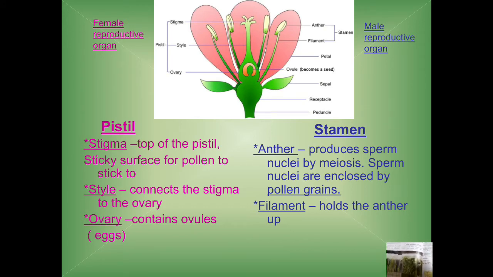It may consist of one or more carpels, and each consisting of an ovary, style, and stigma. And ovary bears ovules. Ovules means egg cells. So an ovule is a rounded structure that contains the female gamete or egg cell. And at one end of the ovule is an opening. This is called micropyle.